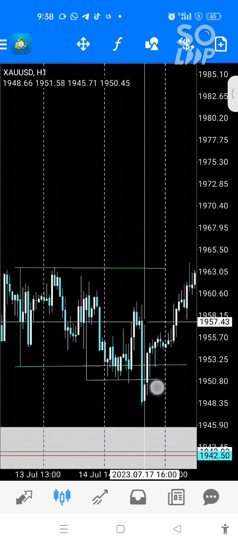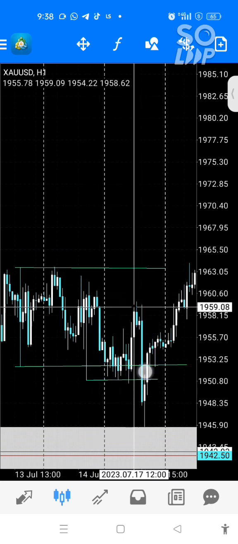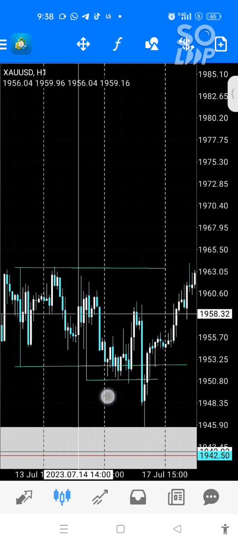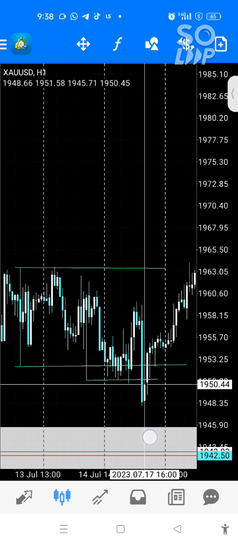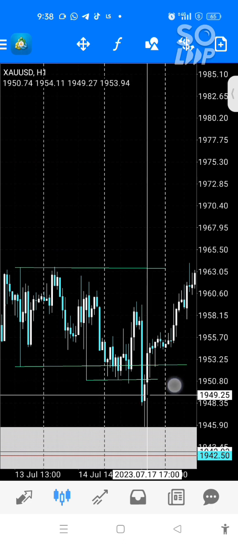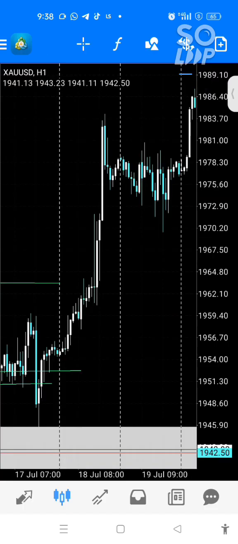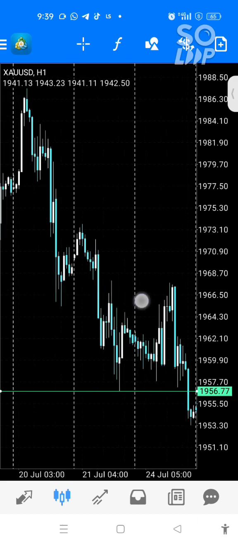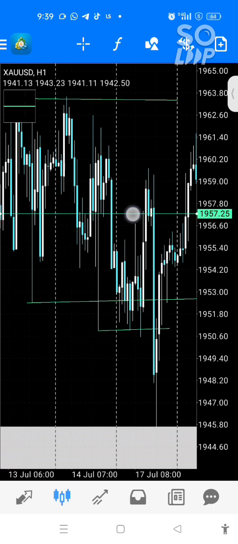The first thing you are looking for is a purge. Preferably, you want to see the purge against the trend. If the trend is bullish, you want to see the liquidity purge against the trend. Now, we've gotten that liquidity purge against the trend here. What do we do? How do we frame our setup? You look for 50% of that range. Let's assume this is 50% of the range.